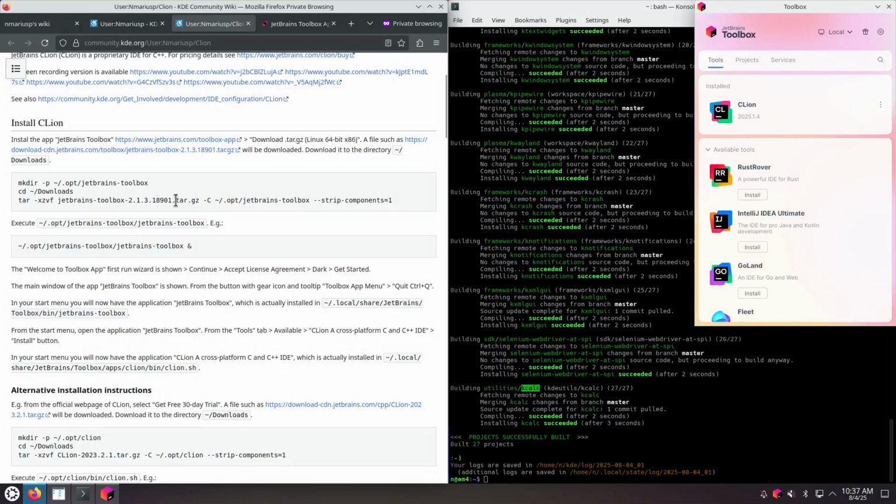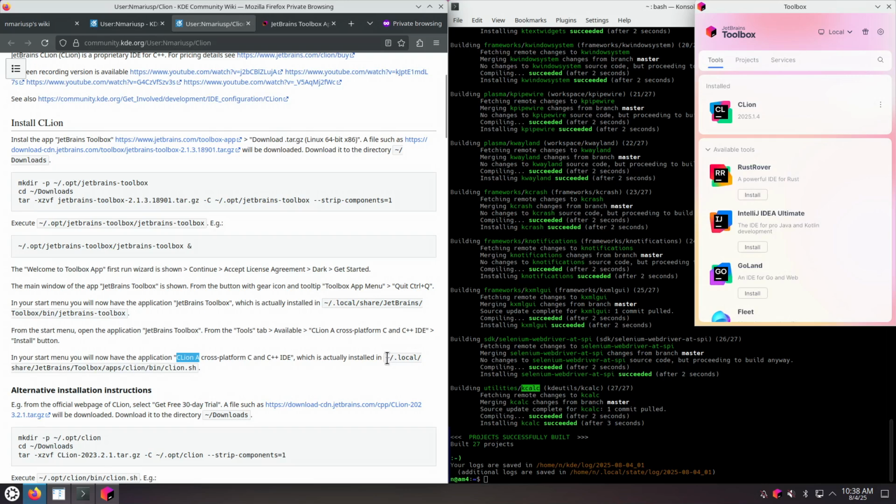So it's a tar gzip, you extract it, there's an executable in there, you run it. It's a graphical user interface application, so written in Java, but already contains a JRE, Java Runtime Environment. It shows a graphical user interface wizard, where you will need to accept the EULA. It is going to get installed into ~/.local/share/JetBrains Toolbox. And then the integrated development environment, such as CLion, that you install using JetBrains Toolbox, will get installed